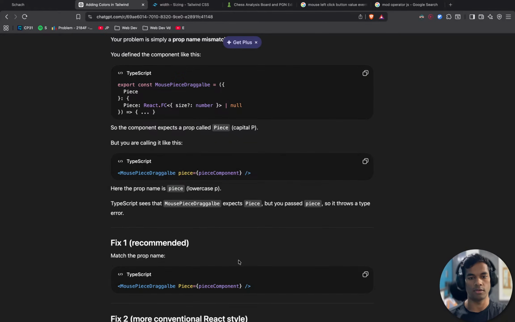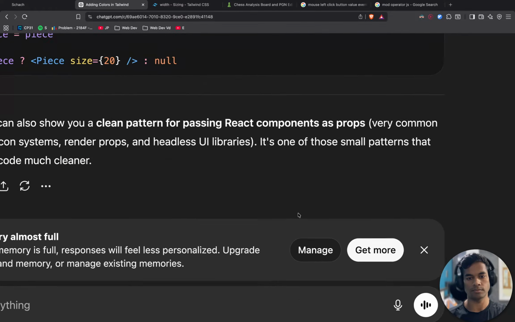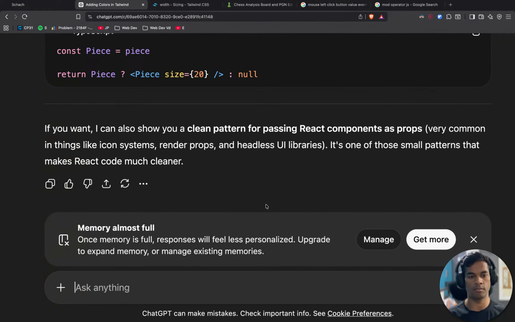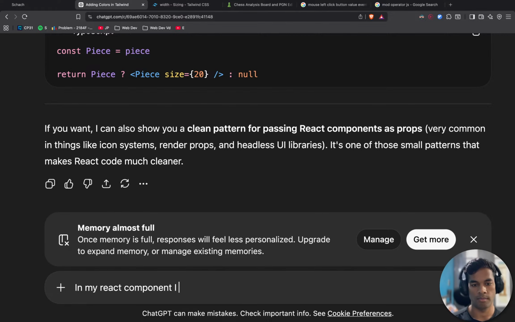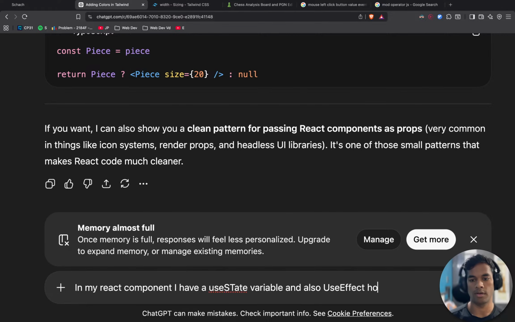Okay, let's ask ChatGPT to fix this. In my React component, I have a use state variable and also use effect. Okay.